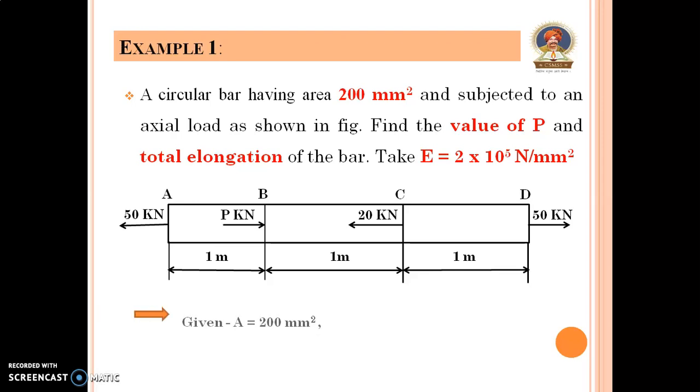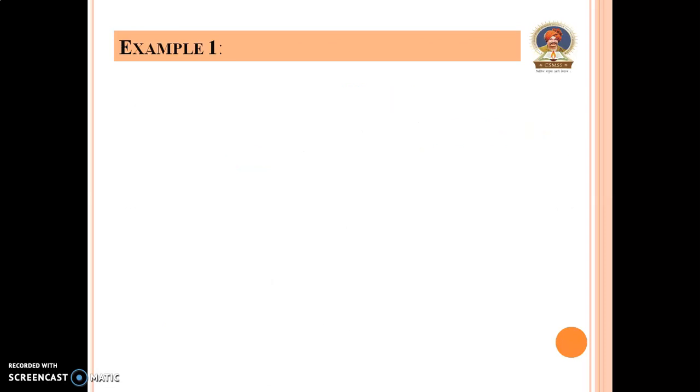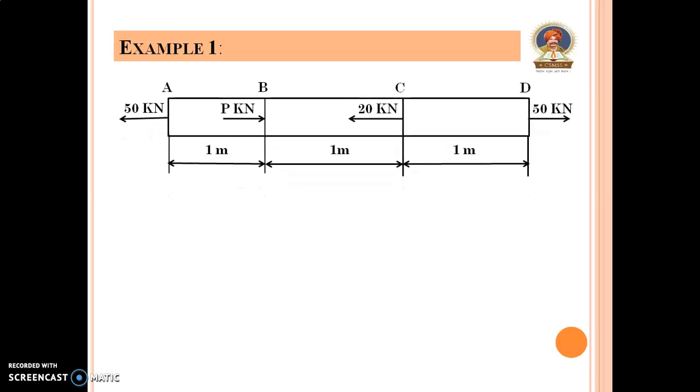So given a uniform cross-sectional area is equal to 200 mm square and Young's modulus E is equal to 2 into 10 raised to 5 Newton per mm square. To find first P and then total elongation of bar. So here once again we have drawn the diagram, given diagram, and to find P